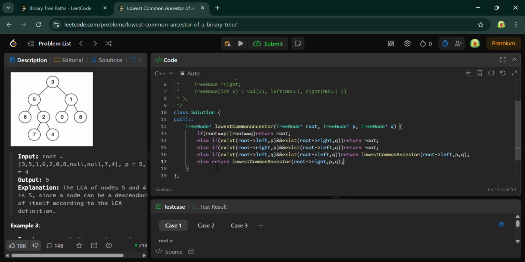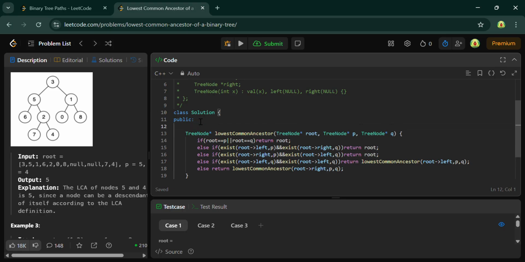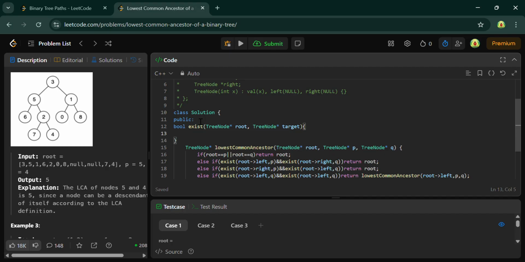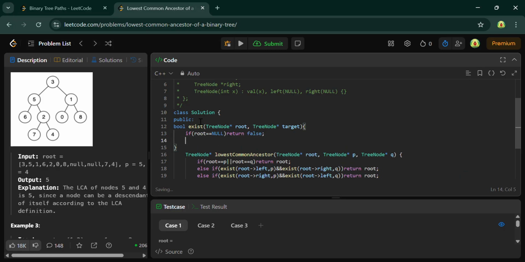Okay, let's make the exist function. Bool exist, TreeNode root comma TreeNode target. You just have to check if root equals null, then you just have to return false.